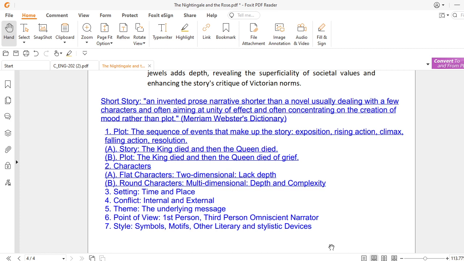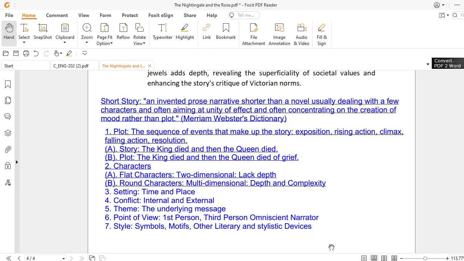As far as today's story, The Nightingale and the Rose, is concerned, it is told from a third person point of view, meaning the story is told by a narrator who is the third person. For example, if you read The Button, it has the third person point of view. If you read A Tale of Two Cities by Charles Dickens, it has the third person point of view.